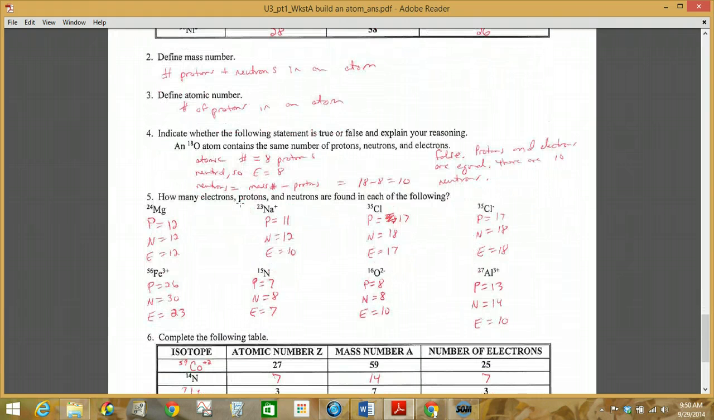Let's see here. Scroll down. So mass number we've said is protons plus neutrons in an atom. Atomic number is the number of protons in an atom. And